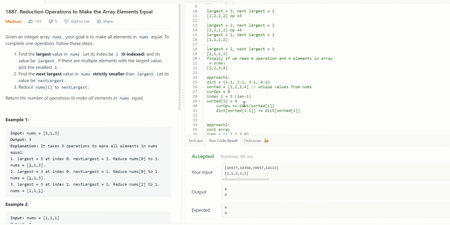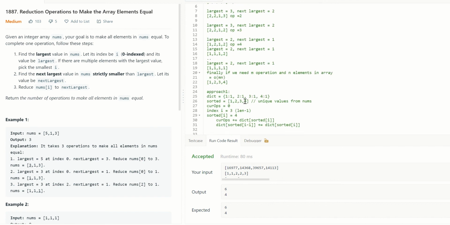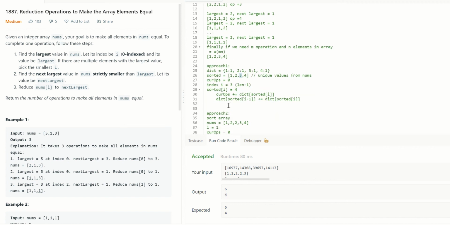So at any given time, this will be the largest and this will be the next largest. If I is the largest, I minus 1 will have the next largest. Simple. That's why we are adding the number of times that it occurred to the next largest at any given time.